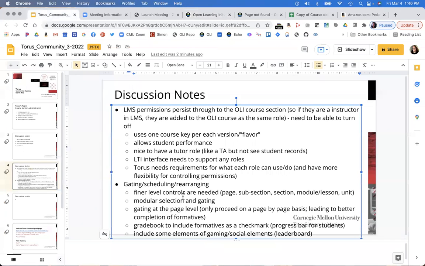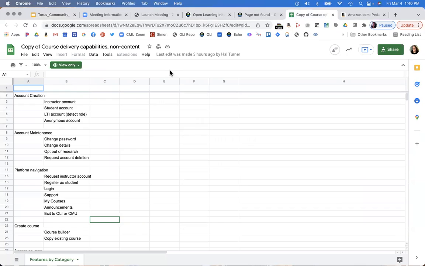So that was some stuff around gating and scheduling and rearranging. So these are some big chunks, like permissions, being able to control the content, being able to control how students access the content. We've touched on how students view their progress and if that's possible. I'm going to not switch gears, but I just want to show kind of a different view of these controls. So Hal has been putting together a list of all the types of controls that are offered at a section level. And he went a step further and actually grouped them into